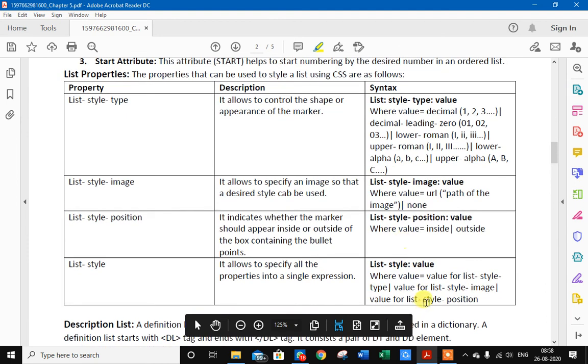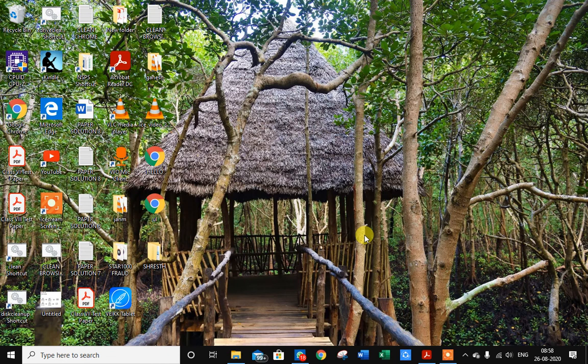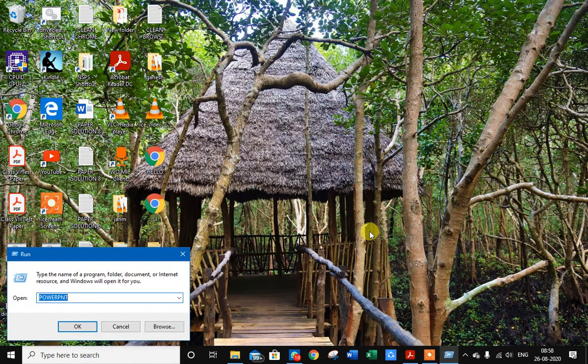Now student, let's see with an example how to make it. Let's open a notepad.